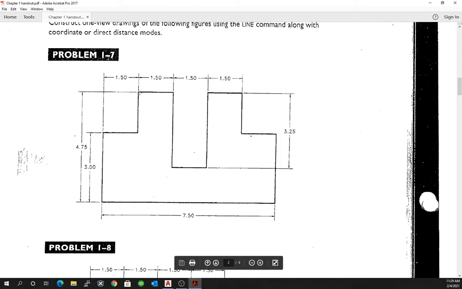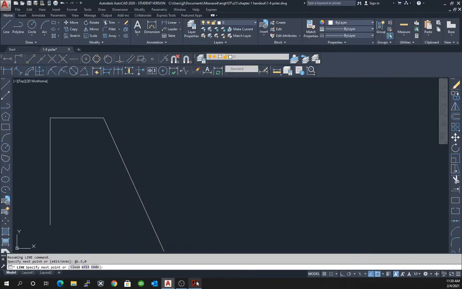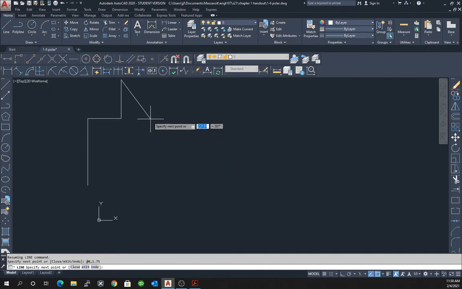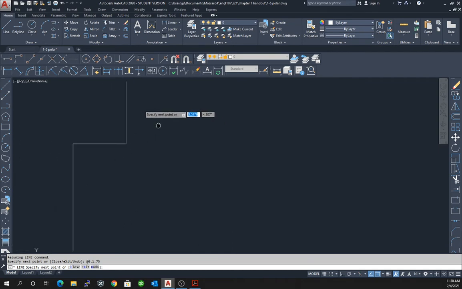And now here we need to go up by 4.75 minus 3, or 1.75. So we're going to type at 0, 1.75. Okay, we can see we're off screen here, so we can use our zoom and our pan